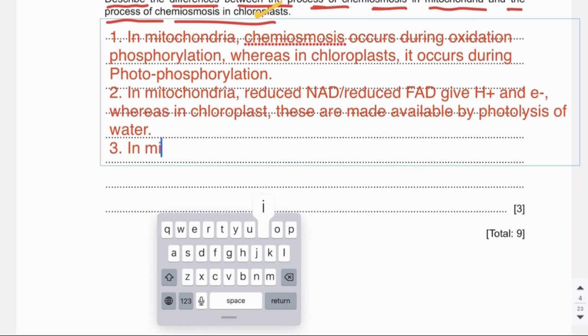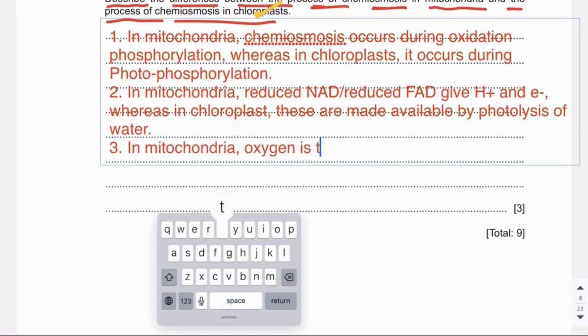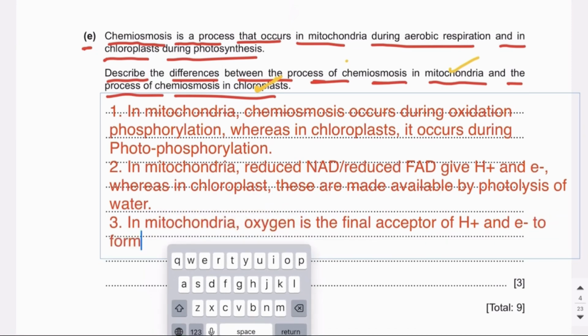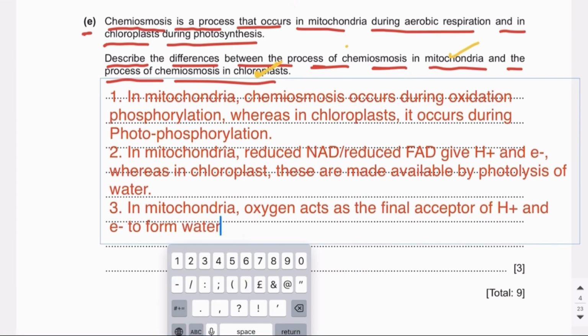In mitochondria, oxygen is the final acceptor of protons and electrons to form water. In mitochondria, oxygen acts as the final acceptor of protons and electrons to form water, whereas in chloroplast,